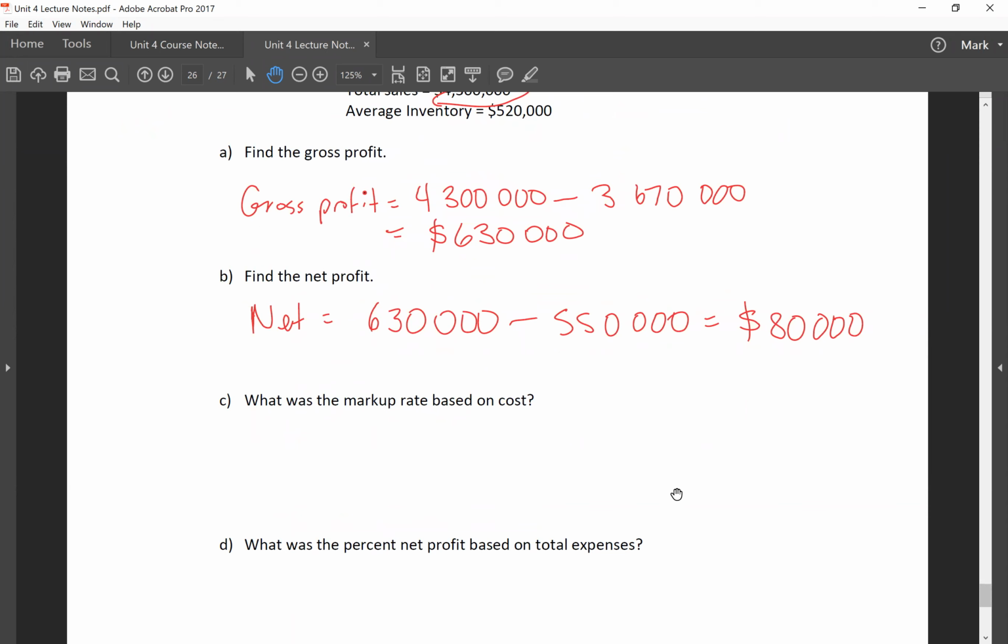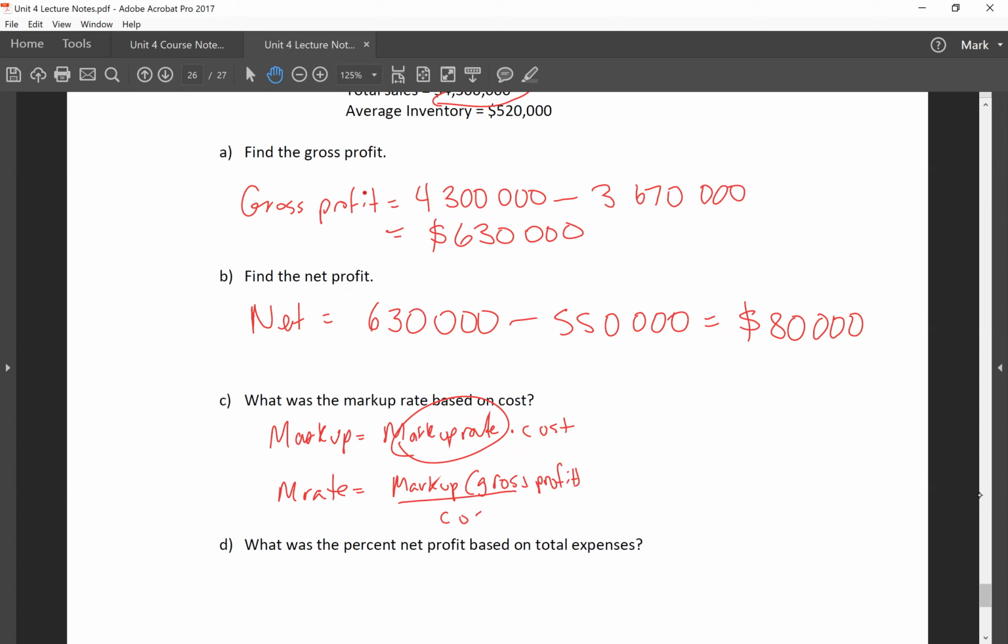Now, the markup rate based on cost. Remember, your markup is equal to your markup rate. I am writing this formula because I'm trying to solve for my markup rate, which is going to be my markup, AKA my gross profit, same thing, remember, divided by my cost. So it's going to be my gross profit, 630,000 divided by my cost,